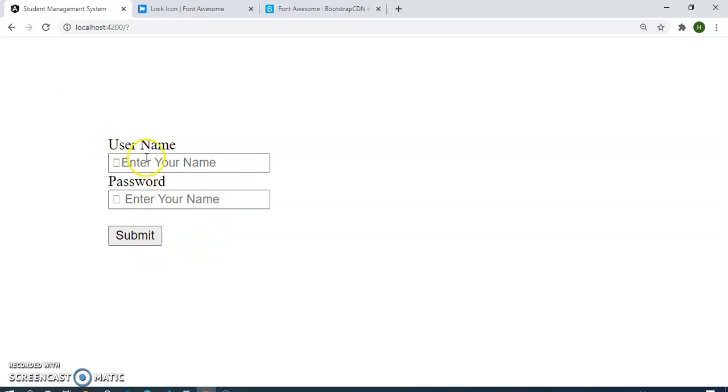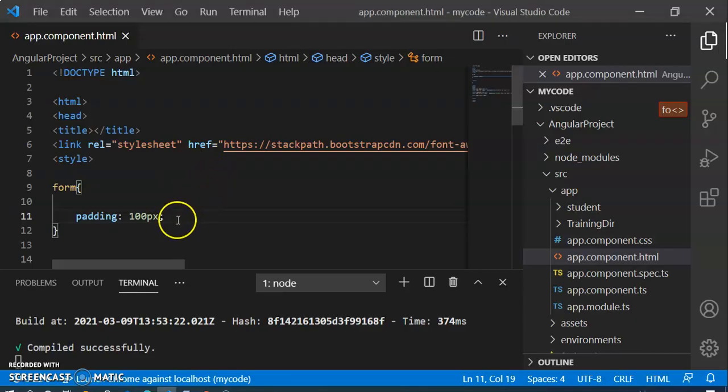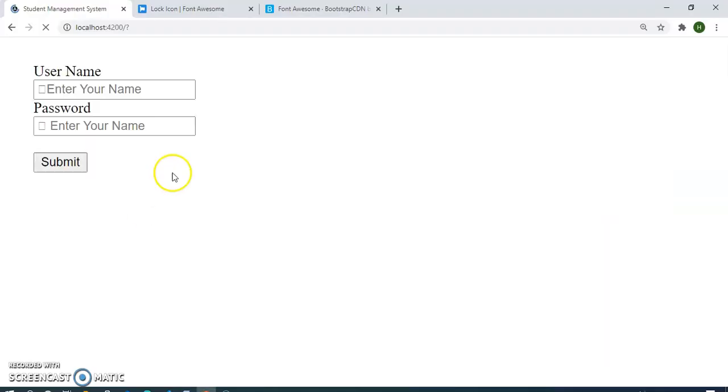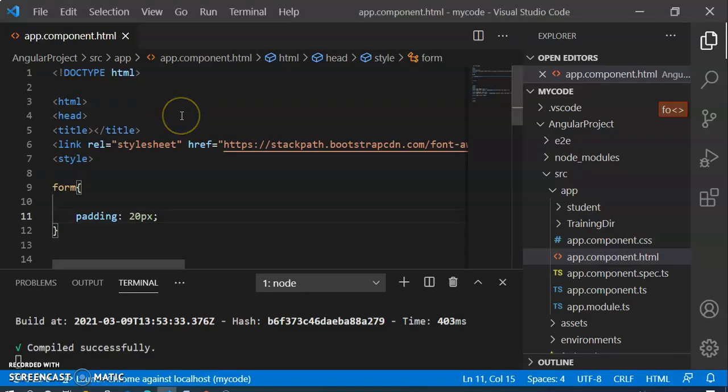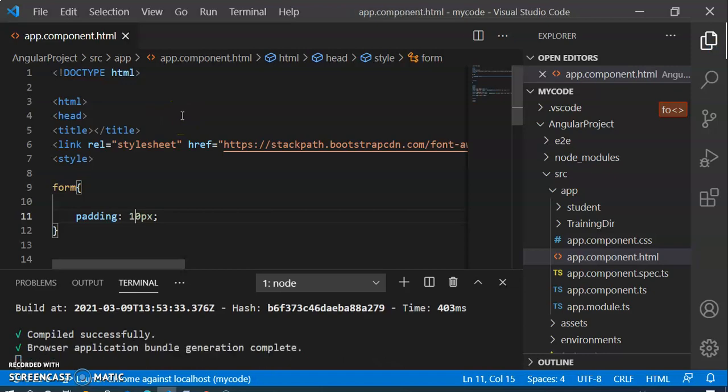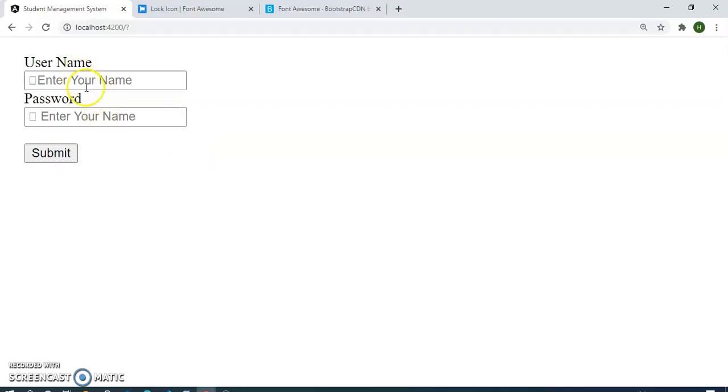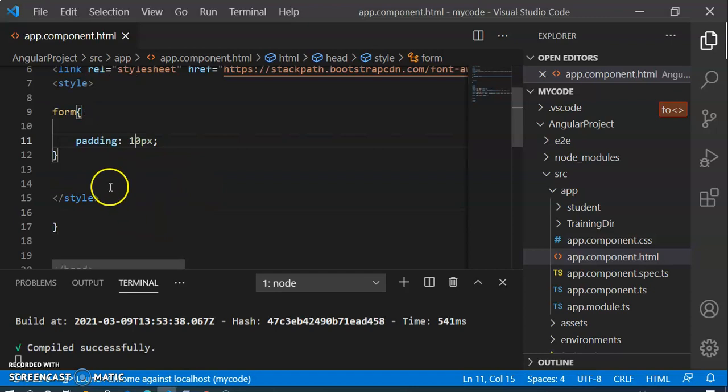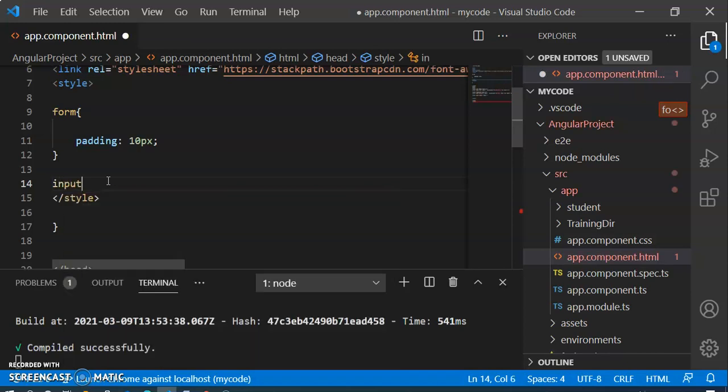I can see here the padding it is showing here. Now we are doing 20 here. Now it is showing here 10. Okay, and now we have to write the input, because of the input text we have given there, to make a little bit of change in the input, so we are writing here